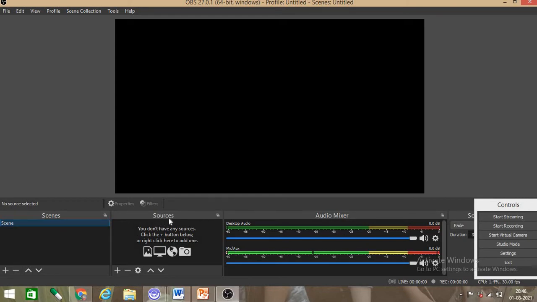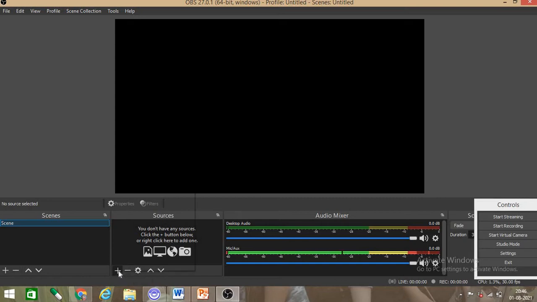Next section is sources, means from where you are going to take the source. Source may be like I want to play a PPT here, so I will take that PPT. Then I can play a video. I can show a PDF file. So all that comes under sources. Here you can see there are plus and minus signs. First of all we have to select some source.